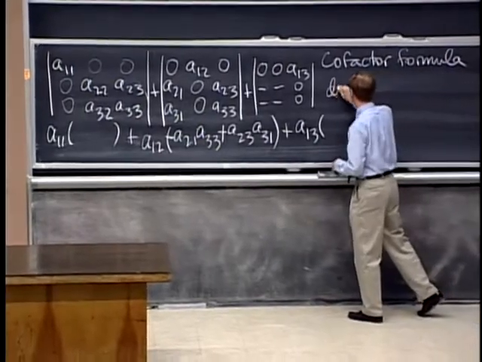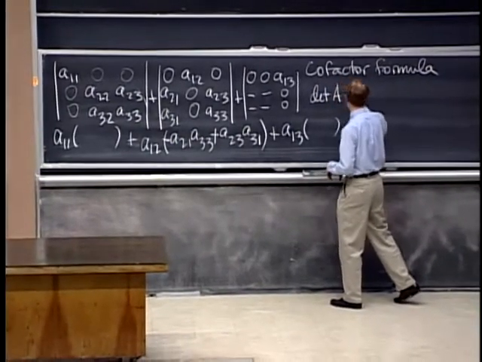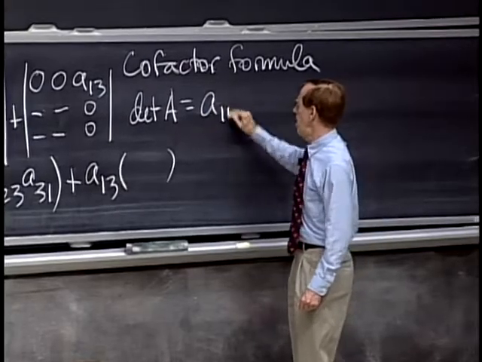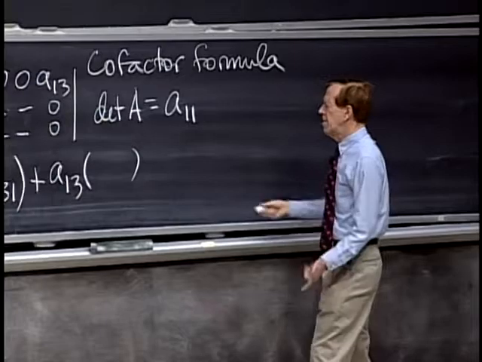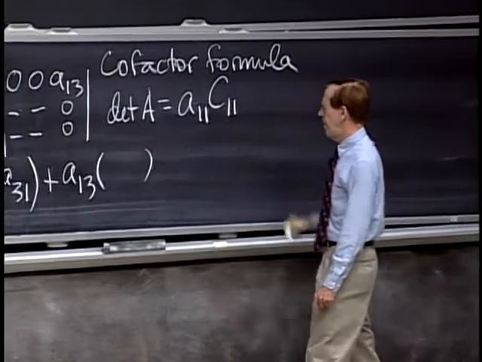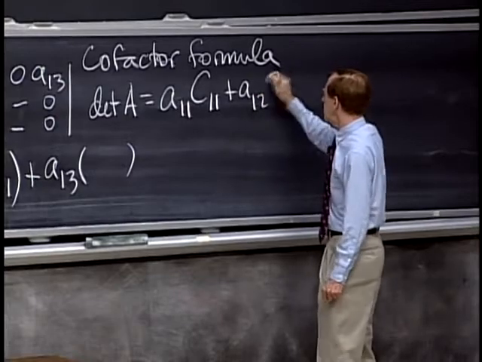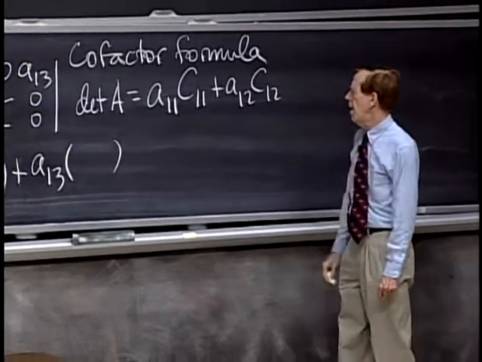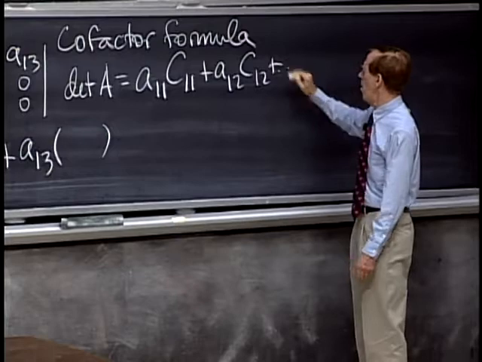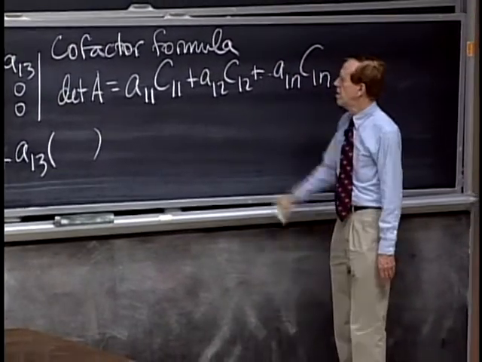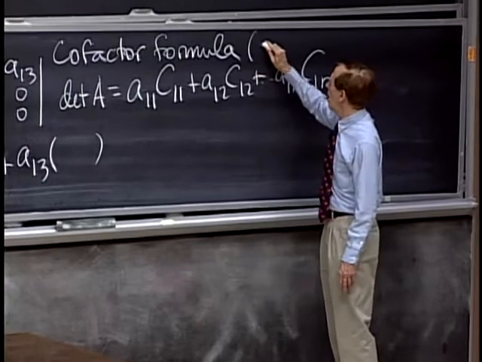Determinant of A is, let's go along the first row. It's A11 times its cofactor. And then the second guy is A12 times its cofactor. And you just keep going to the end of the row, A1n times its cofactor. So that's the cofactor formula along